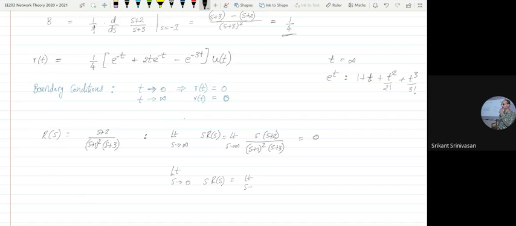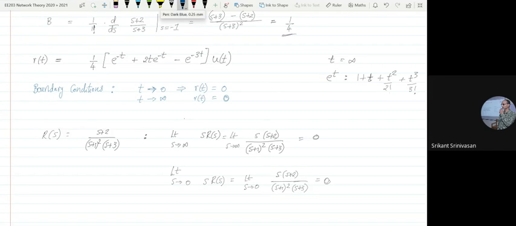What is this answer? This is also 0. Why is this 0? Because it's multiplied with that s on the top, correct. So when s goes to 0, this s vanishes, this s vanishes, this s vanishes. So you have the 2 by 3, but you have one s sitting out. So that also goes to 0. Very interestingly, there is a correlation between these two.